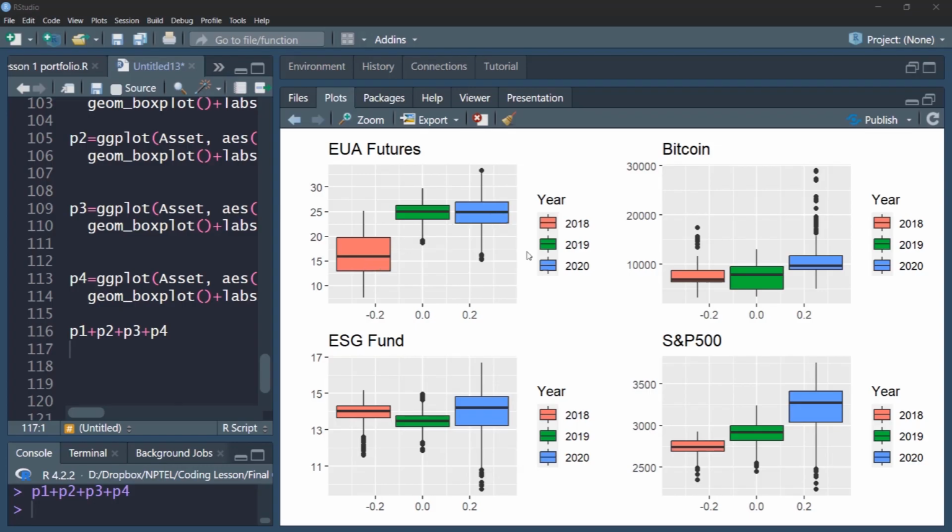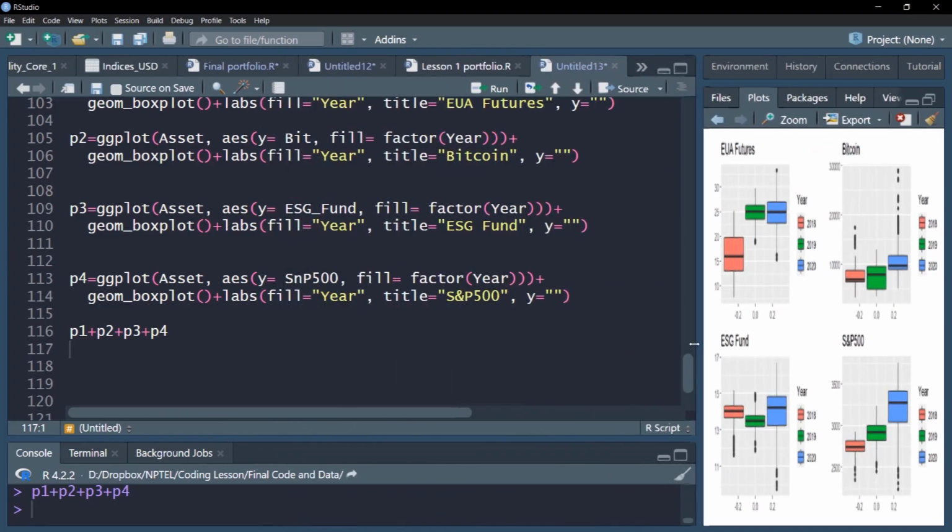That's why the distribution of the blue, which is for 2020, is slightly on the higher side, and 2019 is on the lower side. Also, you can see the observations of the blue one are slightly more scattered, which indicates the effect of COVID, because there was a lot of volatility and fluctuations in prices due to COVID that is appearing in the scattered nature of the diagram, particularly the outliers for Bitcoin. You can see a lot of outliers here, and in the ESG fund also there are a lot of outliers which indicate the COVID driven fluctuations.